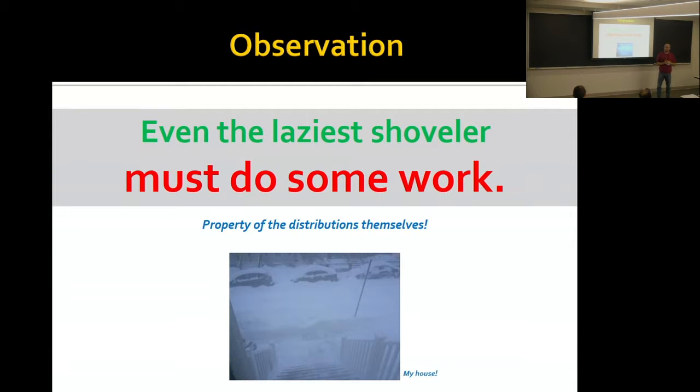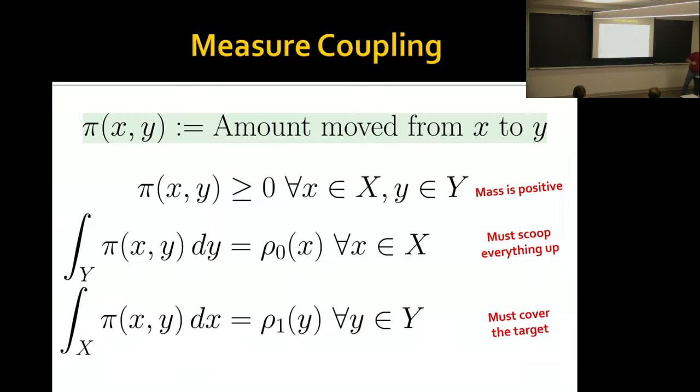And that is a property of the snow. It's not a property of my back or my shovel. Right? And that is exactly going to be the construction that we have in the world of optimal transport. It's sort of the minimum amount of work that it takes to displace mass to a new configuration. So let's formalize that a little.